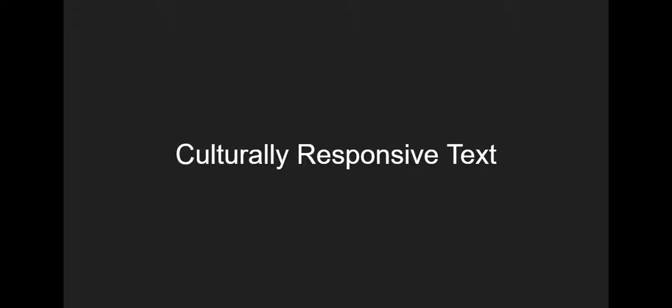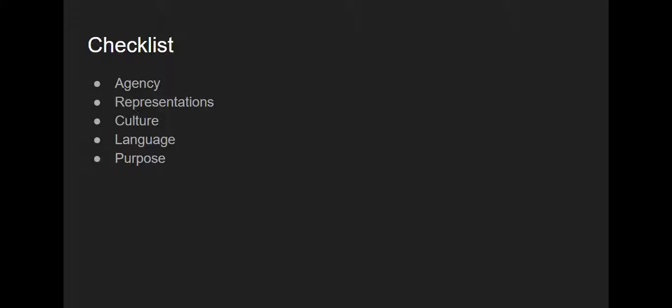So was this a culturally responsive text? The first thing we have in the cultural responsive text checklist is agency. So this is where we're talking about the main characters and the conflicts in the story. The conflict in the story is that the main character, Ray, wants to buy moccasins for his grandfather, but he only has